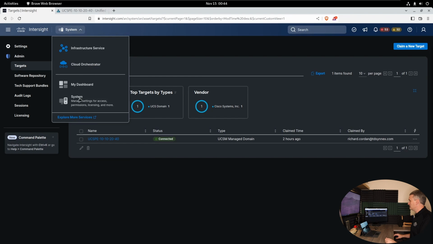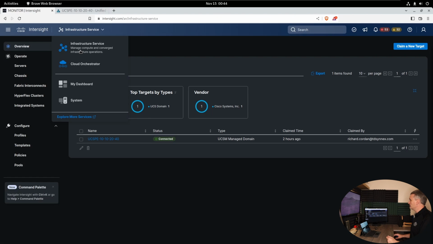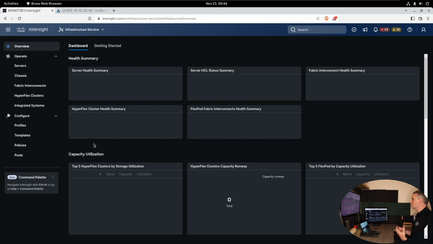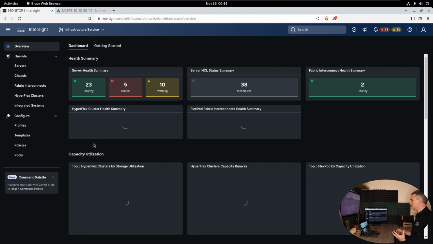So now in Intersight, back in these services, I talked about how you have some bolt-on things you can add. Well, this is where you have things like this cloud orchestrator. There's explore more services, so I could go get Intersight Workload Optimizer if I wanted to, and if I had the license for that, go ahead and add that in and bolt that on. But I'm going to go into infrastructure service. This is where you manage UCS in